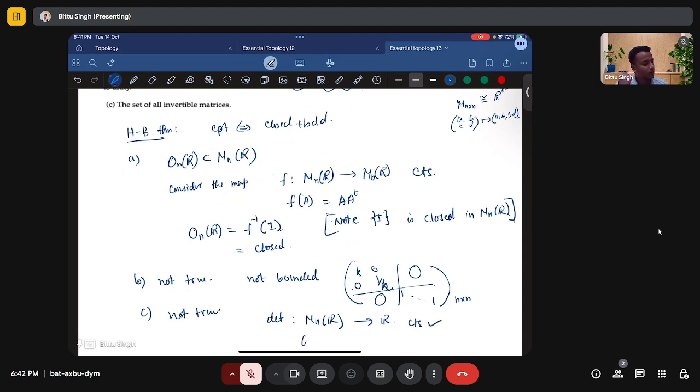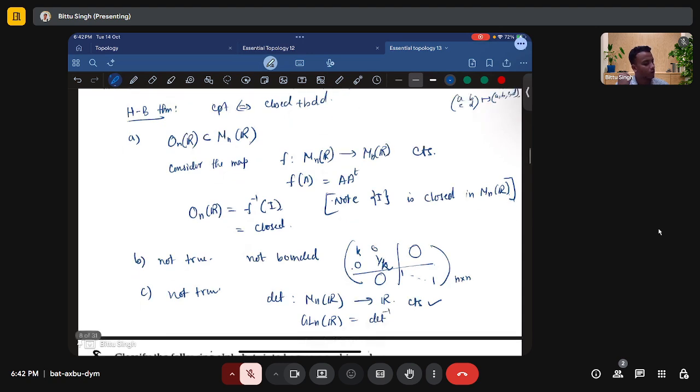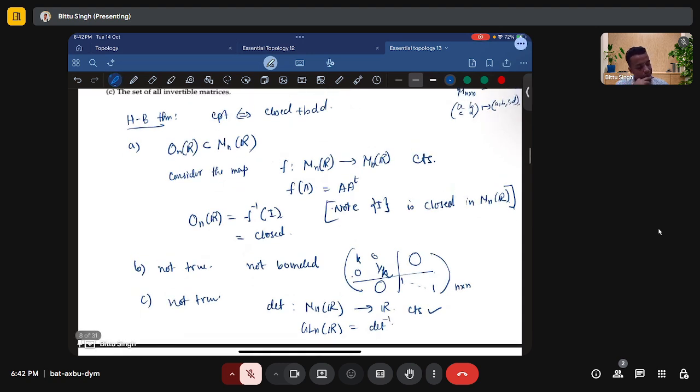And GL n R, invertible matrices, is given by the determinant inverse of non-zero elements, so R minus 0. This is an open set, therefore the pre-image of an open set is open under a continuous map. So GL n R is open, and something cannot be open and closed simultaneously, because